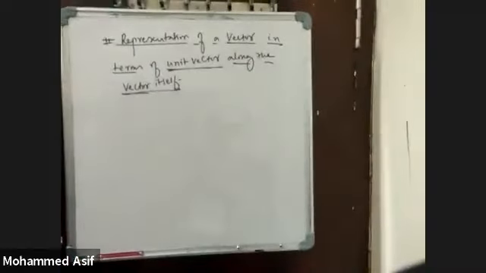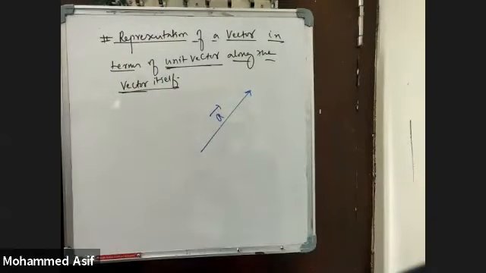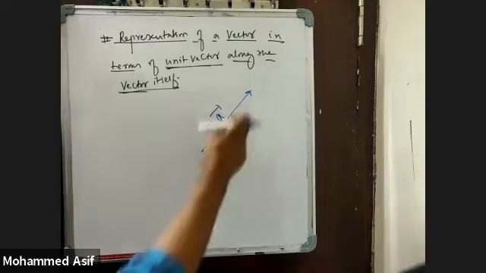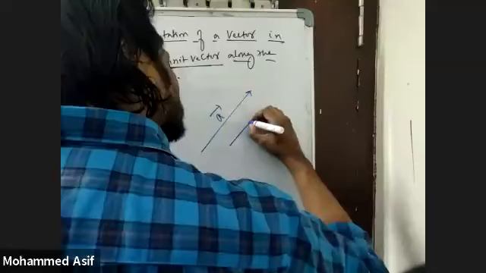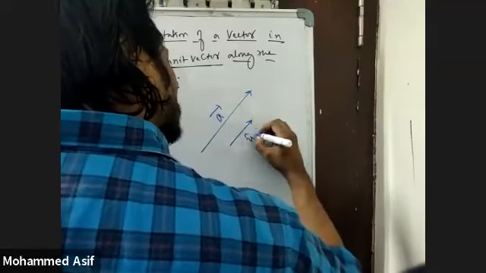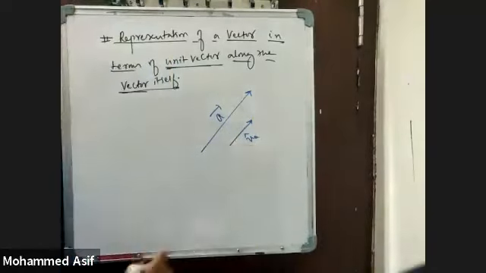Now, how do you represent a vector? If this is a vector A bar, a vector is represented by the tail and head, as well as its magnitude. A vector can be specified in magnitude and direction both if it is written in this way. So what does that arrow mark represent? Direction. So U will be a unit vector in the given condition. The direction of this one I am representing by U cap of A bar. U cap is nothing but direction.